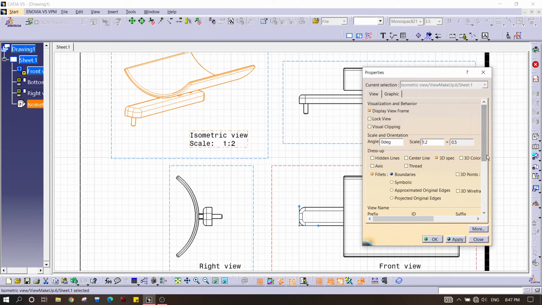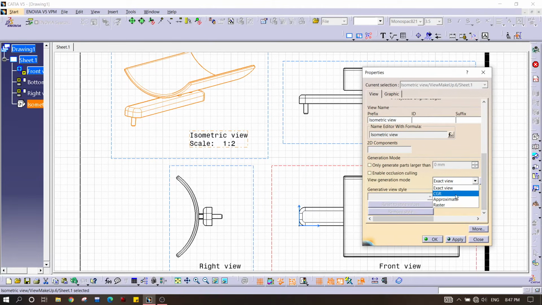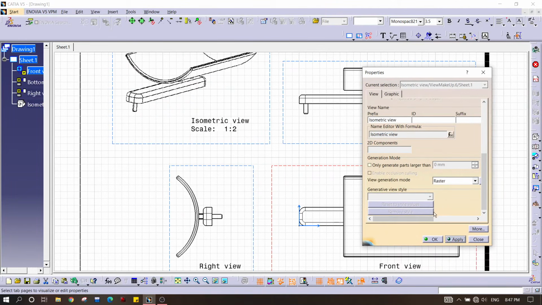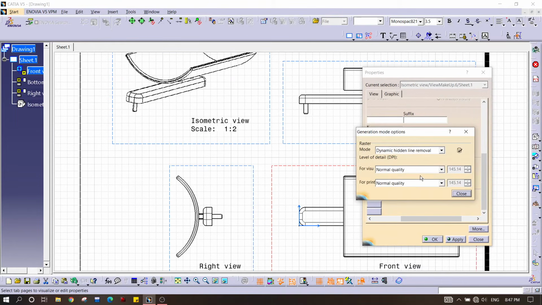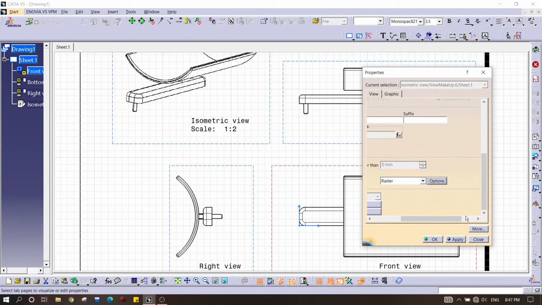Oh no, we are going to view the raster view, and along with it we have to choose the option. So it should be high quality and it should be shading with the edges. Okay, hit apply. So you can see